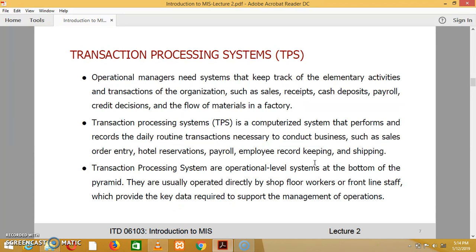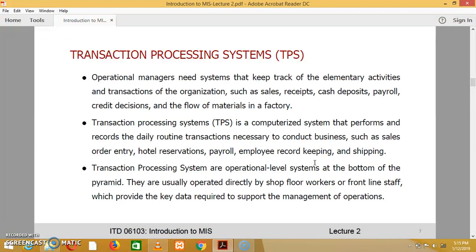These, as I said, are there just to keep track of very elementary activities within a company, such as sales, cash deposits, order processing, and so on. But basically, as I said, this is used by those operators or those daily workers. You see. And we have another type of information system that is called